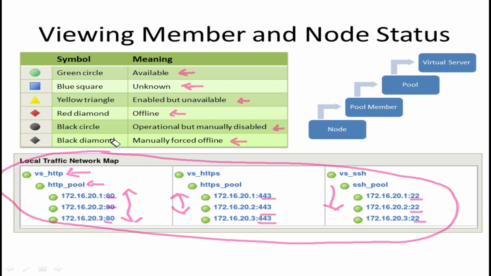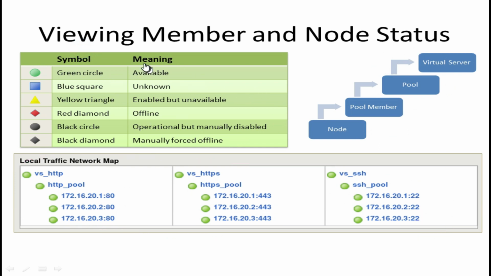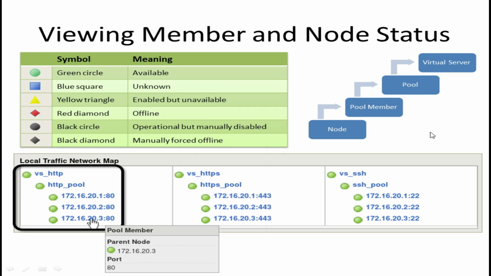So you can see how the configuration will be done. First we will create the nodes, after that we will create the pool members in the pool, and once the pool is created, that can be associated with our virtual server, and it will be ready to serve the application team and all users. So here you can see what the parent node is and what kind of service is there. It may be down if the monitor is down, and if the node is down, it is down for all of the services, either service 80, 443 or 22, because the parent node is down.